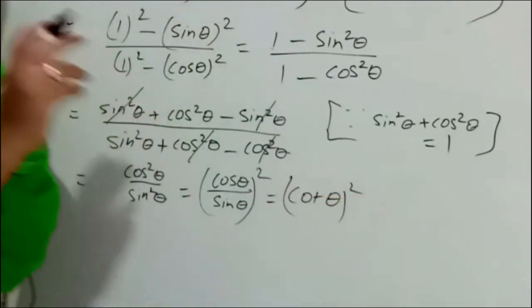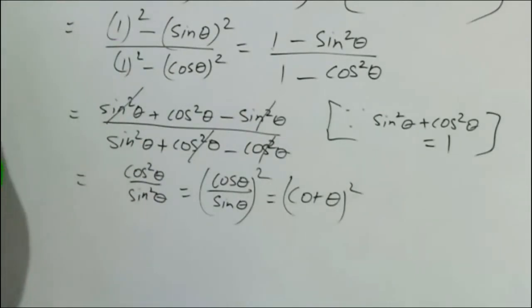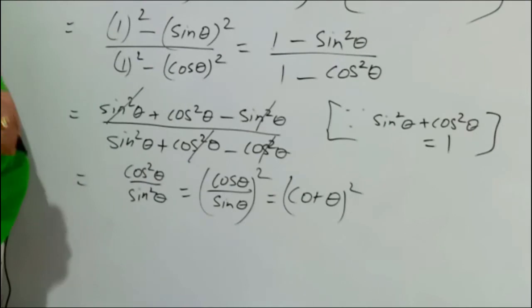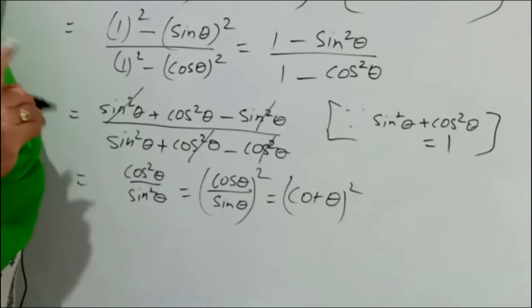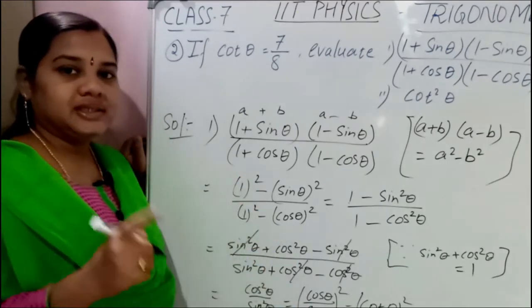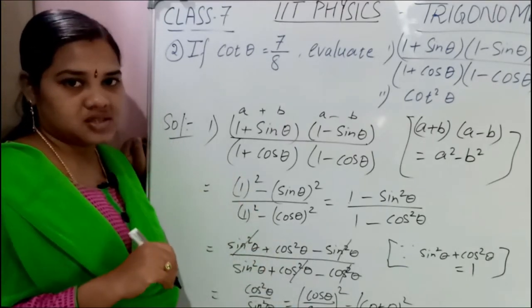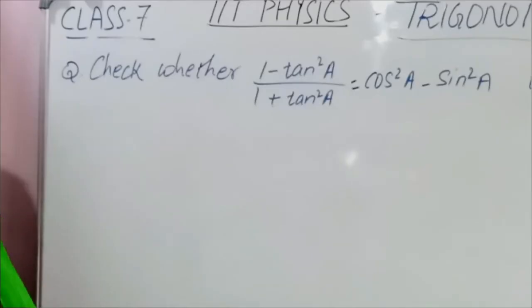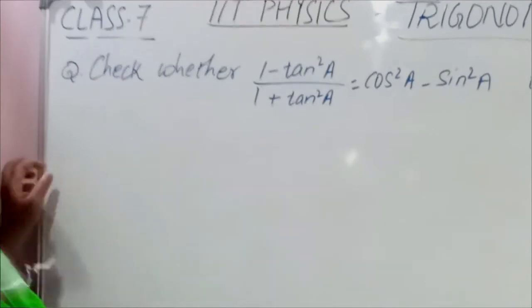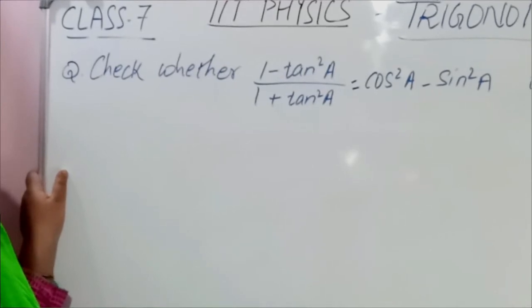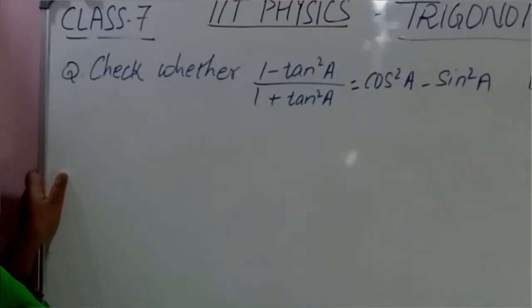Is it or not? Tan theta is sin theta by cos theta. Yesterday we proved this one also. Tan theta is equal to sin theta by cos theta. Cot theta equal to cos theta by sin theta. Yesterday we proved this one also. The next question is direct, today what we are going to discuss: cot square theta. Up to now we discussed the two questions; the third question is homework. Okay, so today this is the next question.